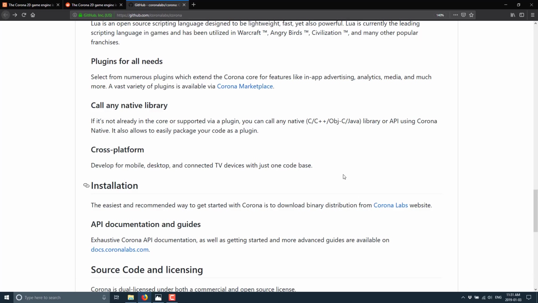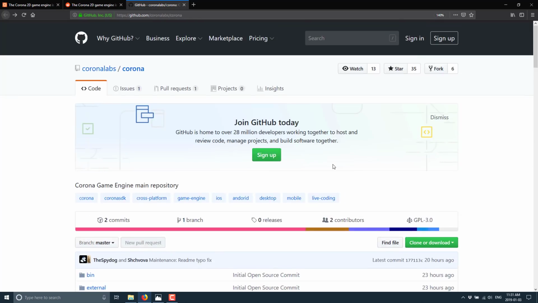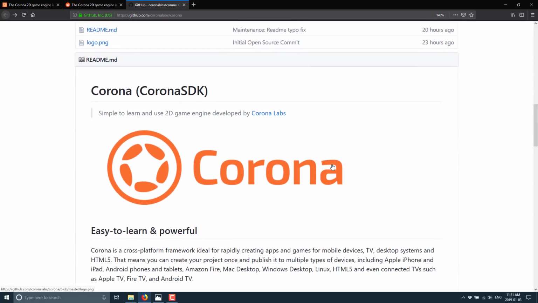So that's the news of the day. Again, I'm not 100% certain that for the majority of people, this is going to be good news. It's got an effective license that if you're in the open source community and you're developing open source, I guess this is just win-win across the board. If you're an existing Corona developer and you want to continue to create your games for free, just stay away. Stay the hell away. Yeah, so that's that.